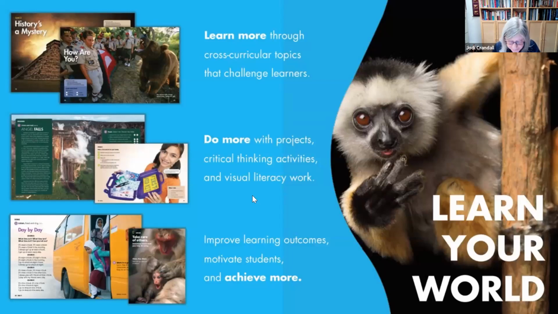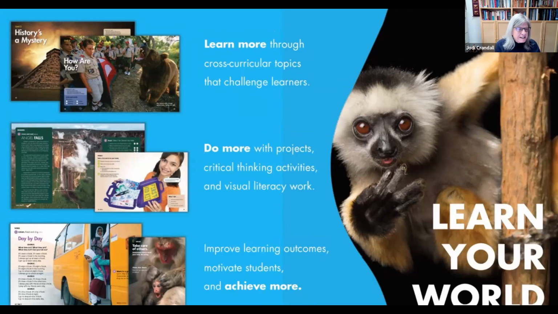As the name indicates, Our World does more than just teach English. It also expands students' knowledge of the world through fascinating and challenging topics from history, from science, and from other content areas. These are introduced first through amazing photos, and then practiced through a number of activities, including songs and grammar activities. And at the end, they demonstrate what they've learned about that content through English as they indicate what they have learned in developing those projects.